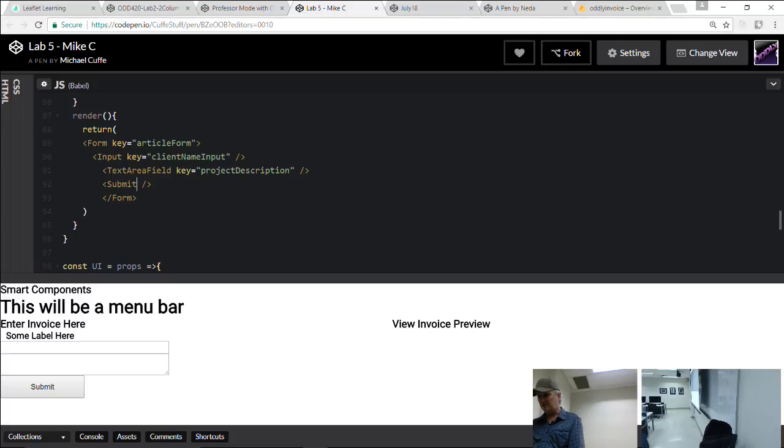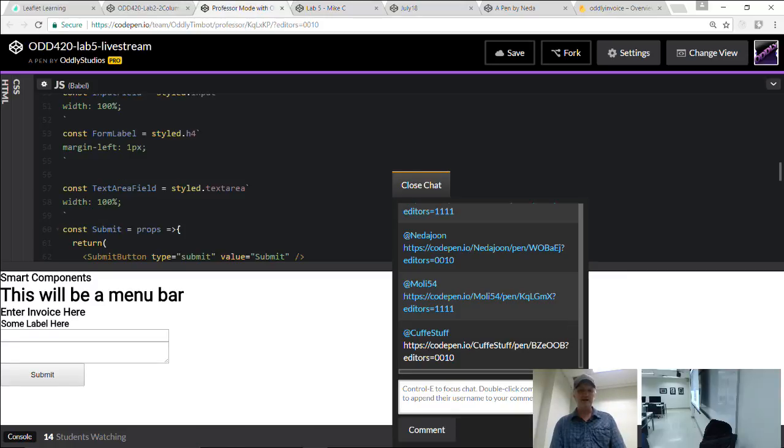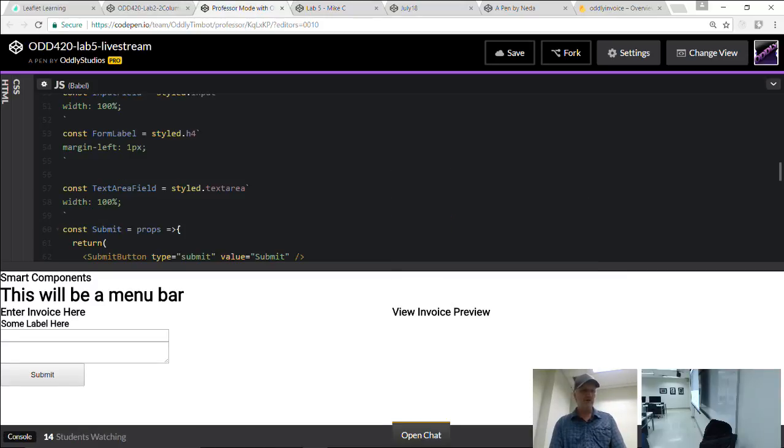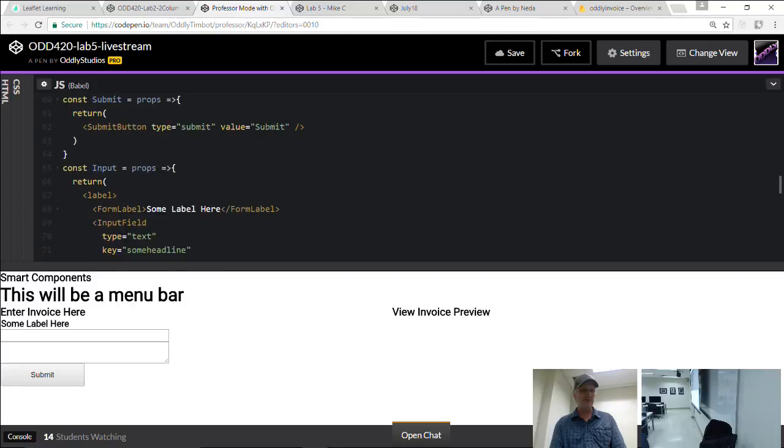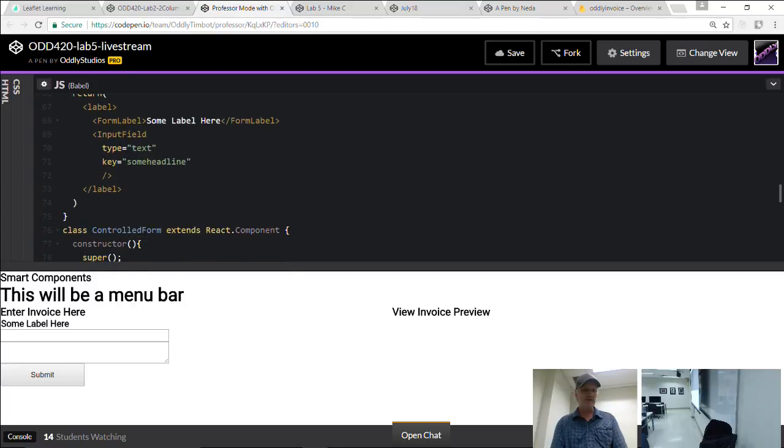Text area. Yeah, let's do a text area. So we'll go back here. There's our submit, there's our input. Let's add another one called a text area.